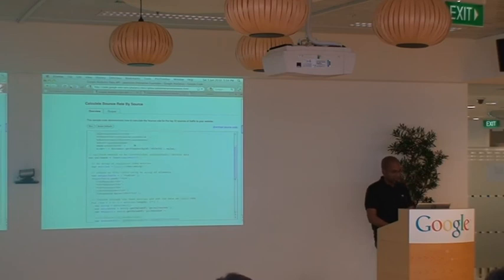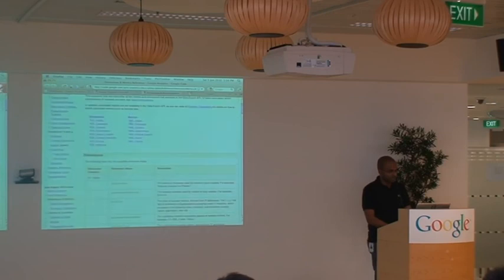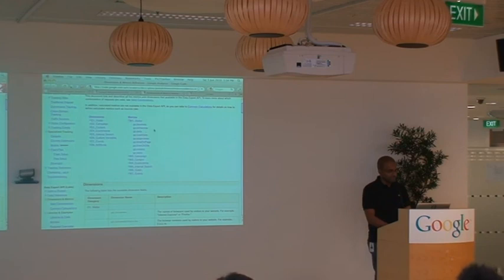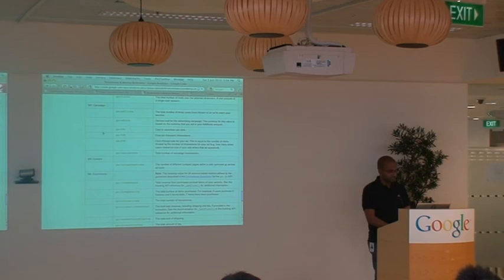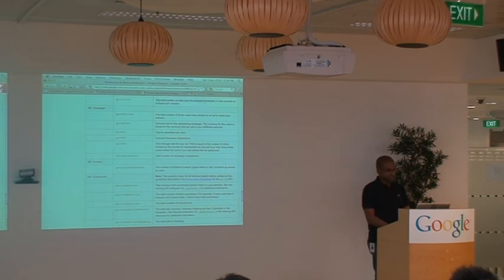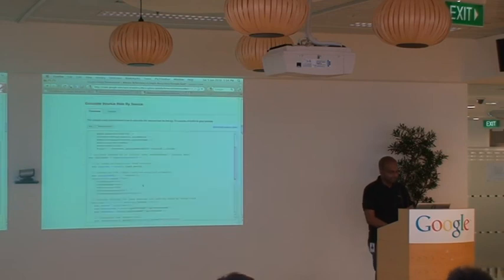I might want to do more around entrances and bounces. Maybe I want to know unique visits or unique visitors. So what we can do is look up what they are. Under visitor metrics, we've got bounces, entrances. Maybe I also want to know the visits associated with this as well. That's here, GA visits. It explains what that metric is about as well. It's the total number of visits over a selected dimension. So I go back here, and I just modify this line to say also give me visits.